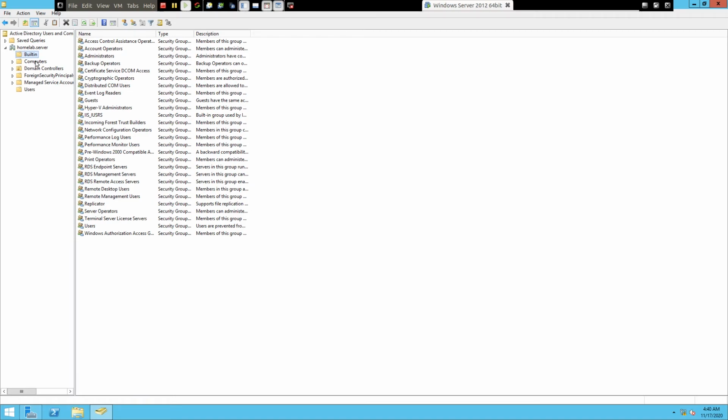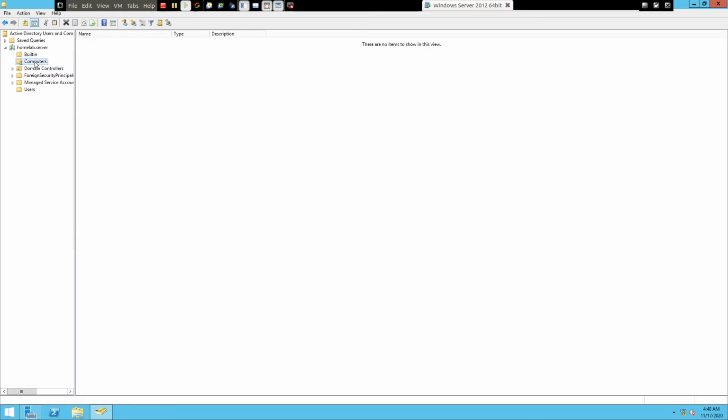If you double click on Computers, you can see the Windows 7 computer here. These are organization units. This is an organization unit and this is an organization unit. These were created when I installed the Active Directory service. You can see the Windows 7 because we added this Windows 7 computer in the previous video.